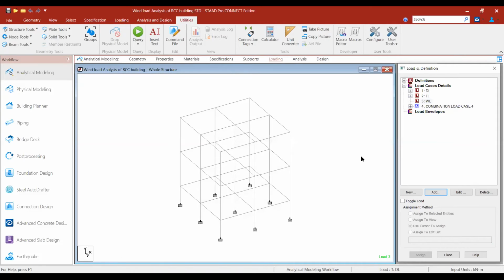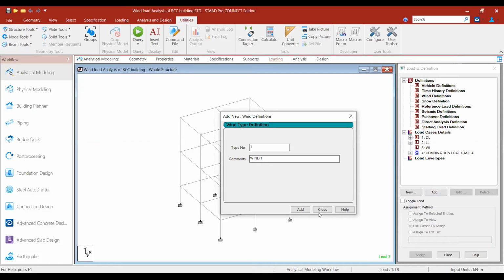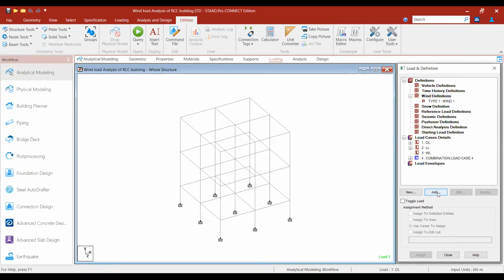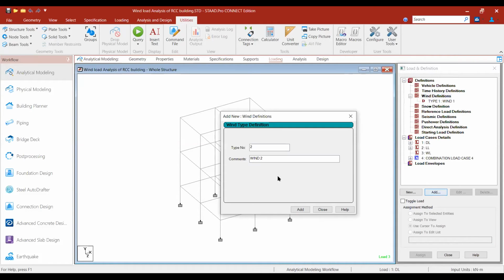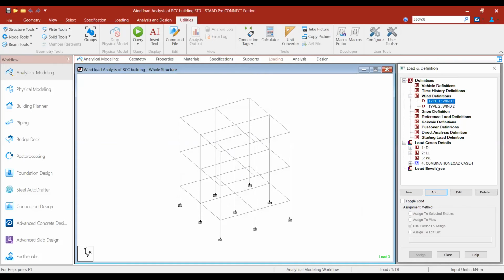For wind load, you have to give in the definition wind load 1. Next, wind load 2 also you consider. So you choose the wind load.